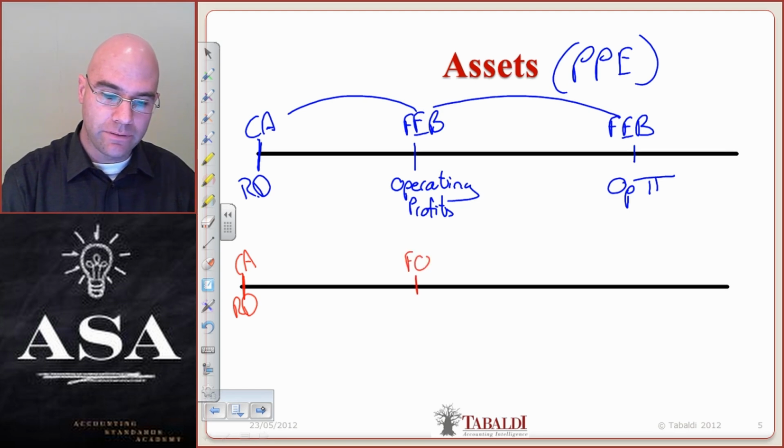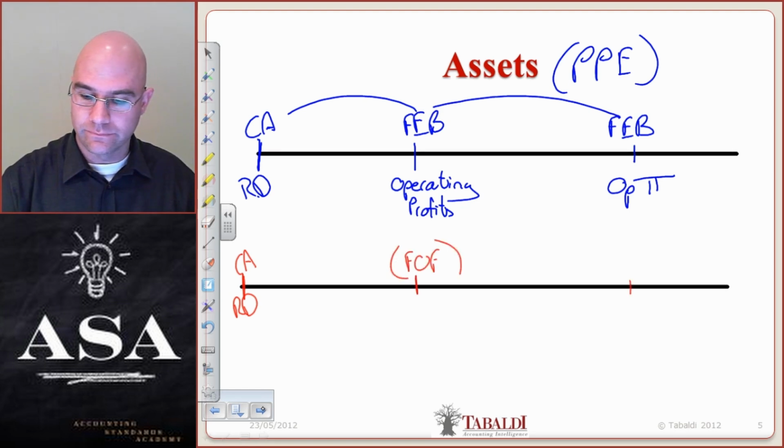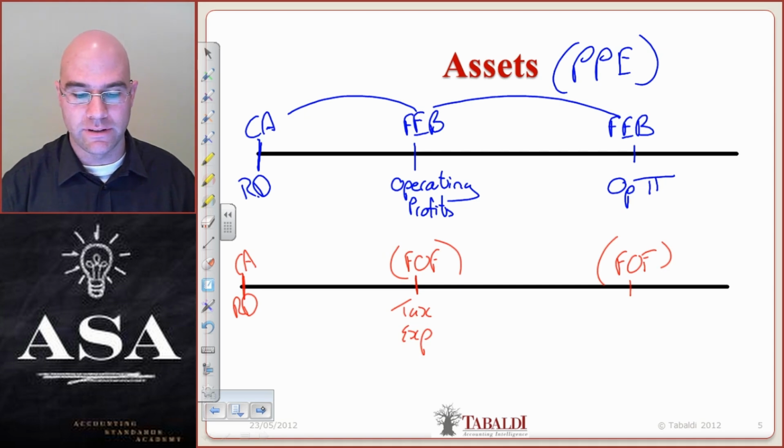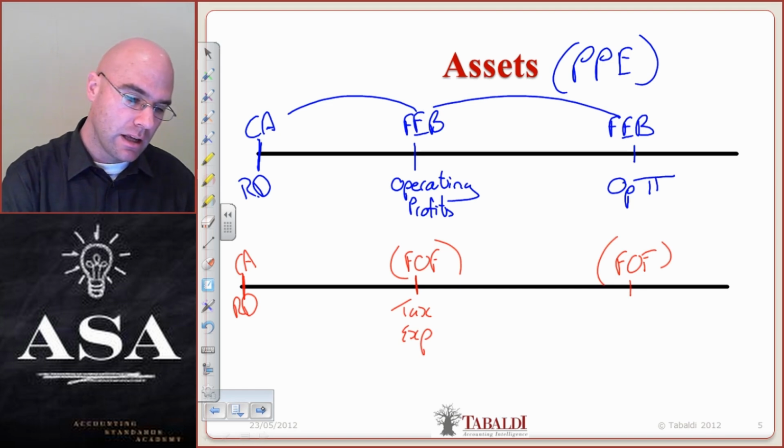So the future outflows in the future, i.e. the tax expense or tax payments to the revenue authority, well, should that not also be recognized if we recognize the carrying amount of the PPE? And that is going to be a deferred tax